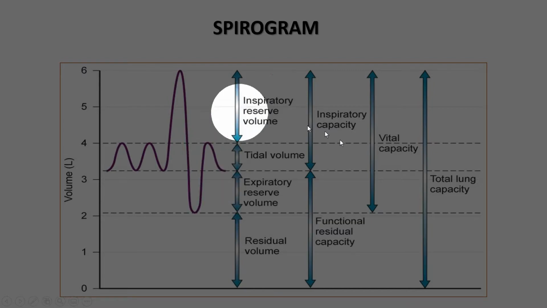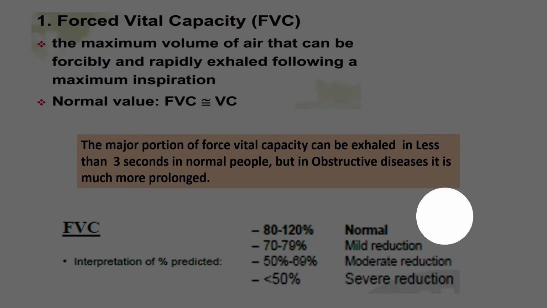So in this way, if you memorize this diagram, this will give you the combinations and definitions. And one more thing, you can write down the values over here, like inspiratory reserve volume, tidal volume, 500 ml, and all these values you can put over here, so that when you practice this diagram you can learn easily. Now we have a few parameters that are important related to pulmonary function test.